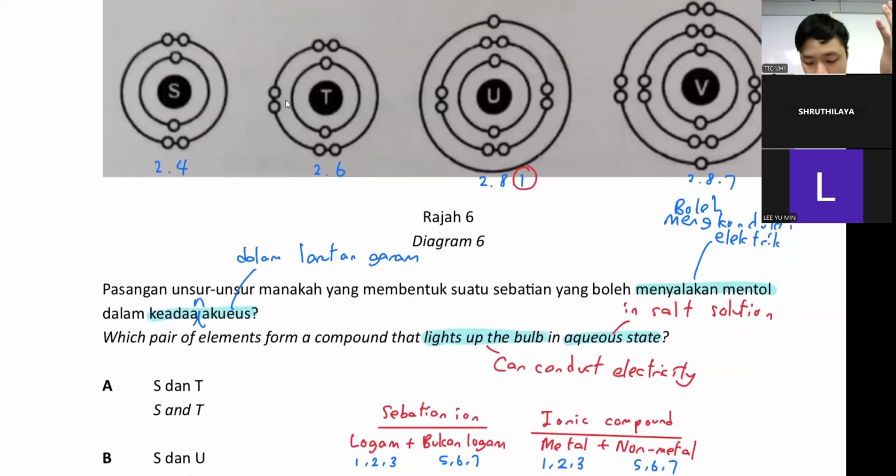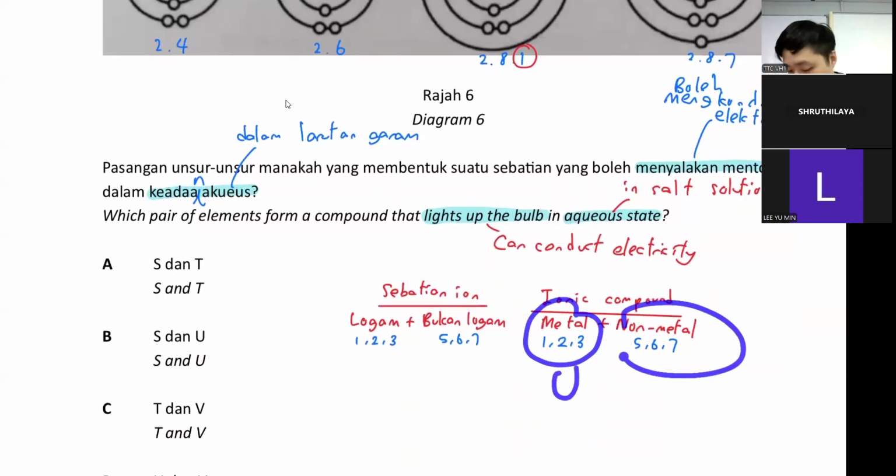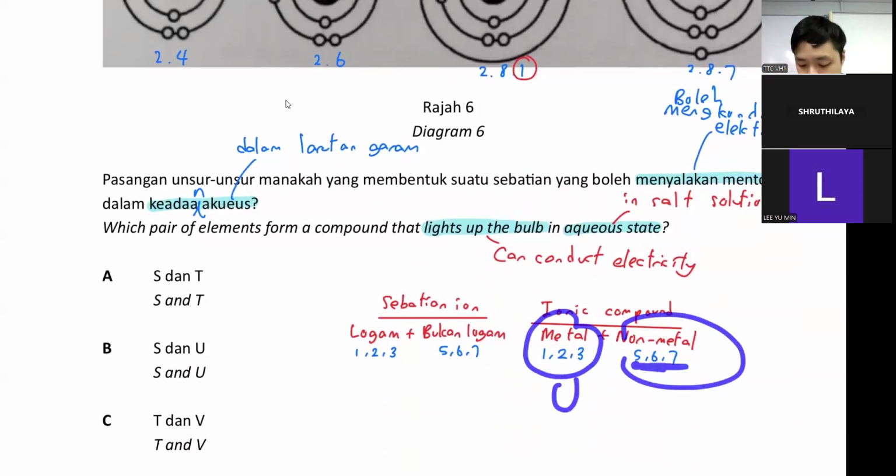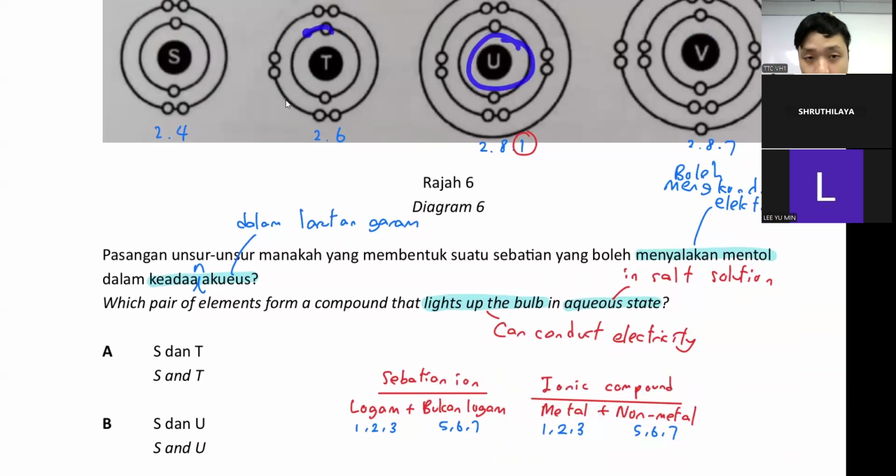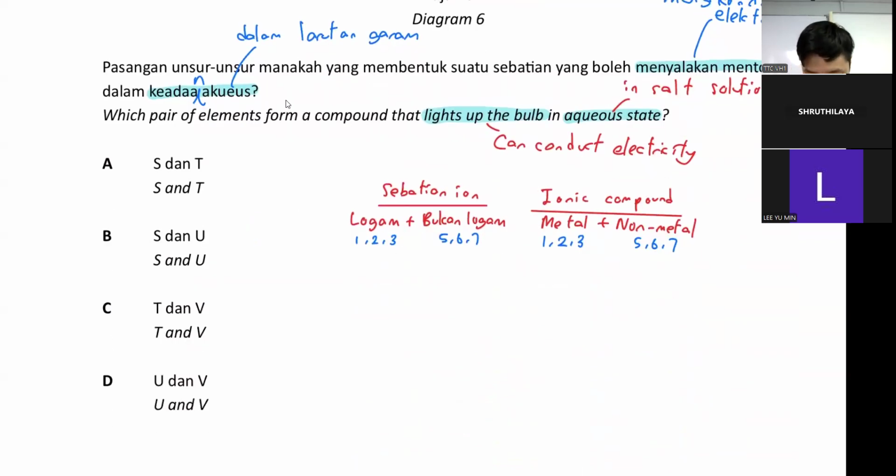U pairs with what? Normally you pair with group 5, 6, 7. So it means either U and T, or U and V. We don't have U and T, but we have U and V. So the answer is